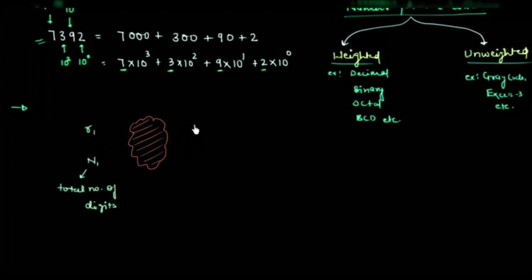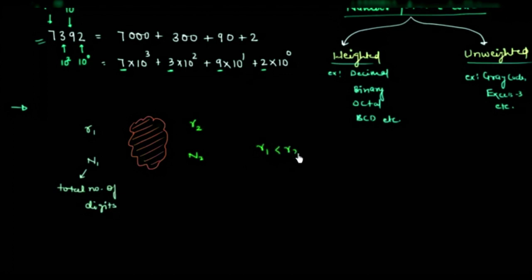Let's say there is another number system. We are representing this quantity in another number system, and the base for this number system is R2. Capital N2 is the total number of digits used to represent this quantity, and for an instance, let's say R1